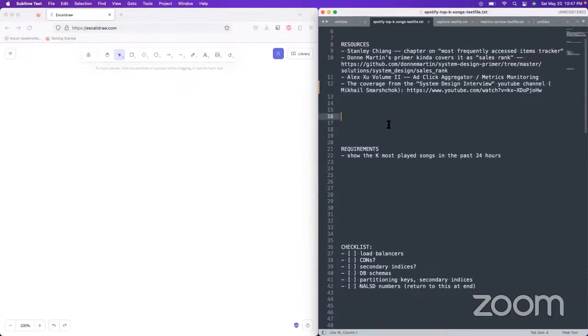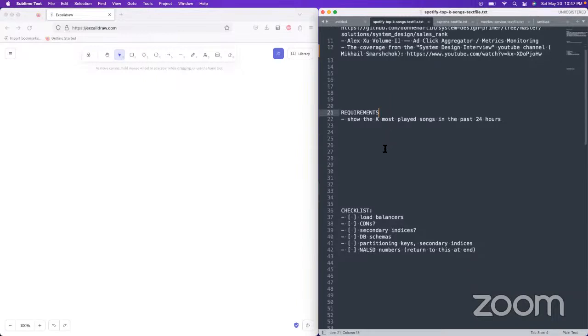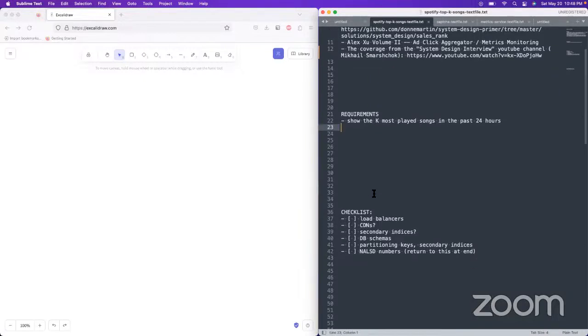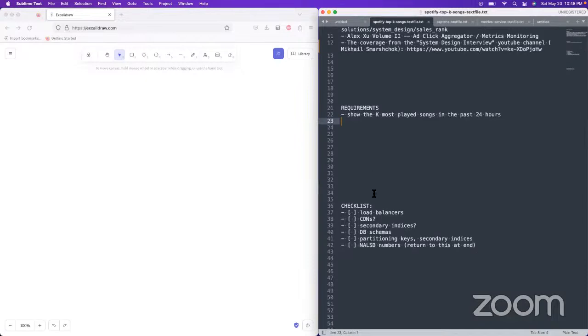So anyways, the requirements. You want to show the top K most played songs in the past 24 hours. I think Spotify top K songs is the most common prompt I've seen for this style of problem, but there's a lot of really similar ones, like the sales rank one for Don Martin's primer. So you want to show the top K ones, and then you're also going to be recording